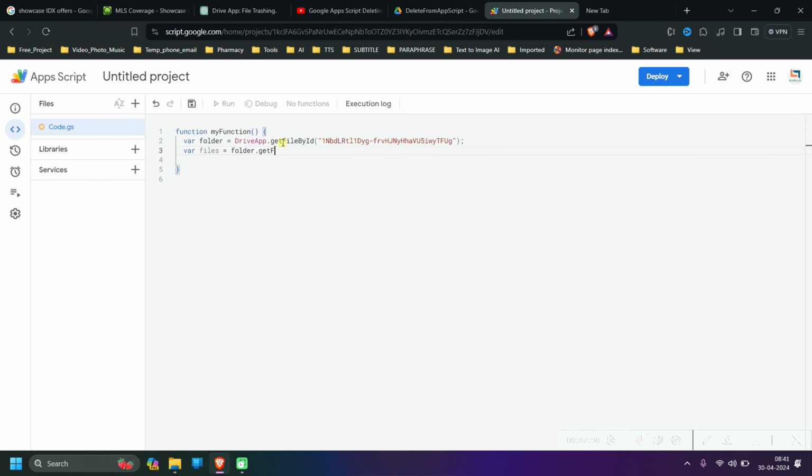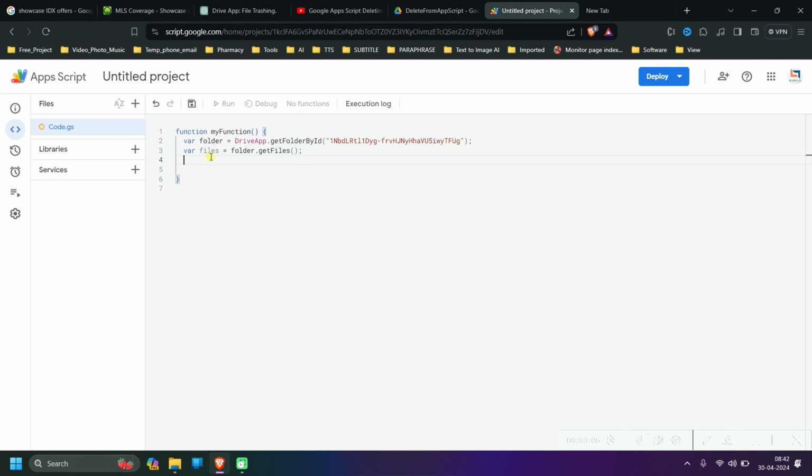Oh, actually I have made a mistake over here. So here it will be getFolderById, not getFileById. Okay, now if I type getFiles here, okay, so now we have grabbed all the files inside this